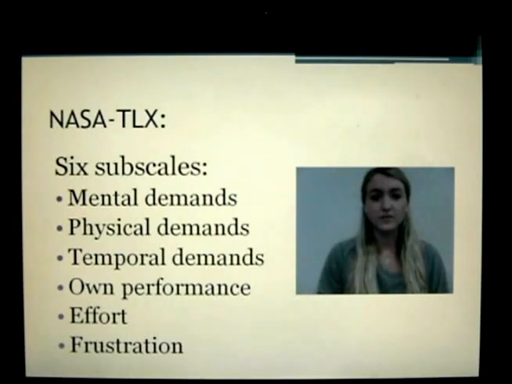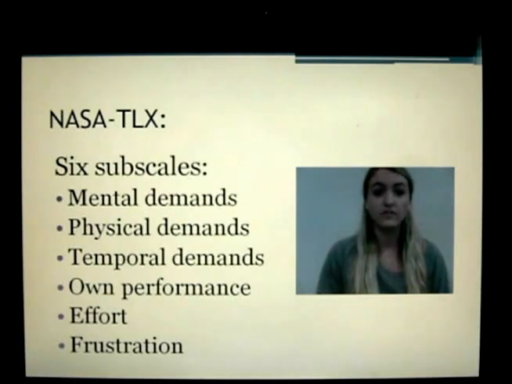NASA TLX uses a rating procedure that derives an overall workload score based on a weighted average of ratings on 6 subscales. The subscales are mental demand, which is how much mental and perceptual activity was required; physical demand, which is how much physical activity was required; temporal demand, which is how much time pressure you felt due to the rate or pace at which the task or task elements occurred; effort, which is how hard you had to work